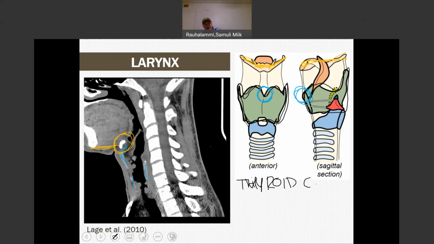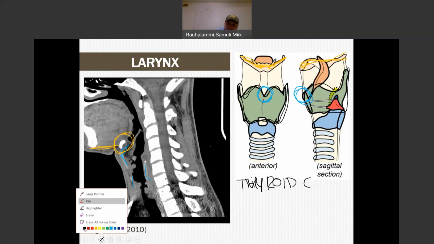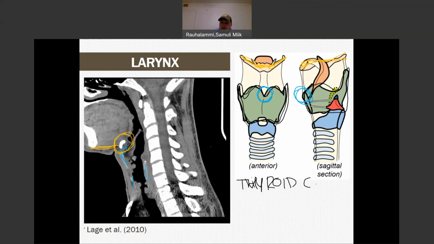What else can I say about thyroid cartilage? It is the largest cartilage of the larynx, sits very anteriorly above the thyroid gland. We've talked about that before. Not fully closed from the back as well, as you can see from this cross-sectional view that we have here on the right-hand side. Next, I want to talk about our